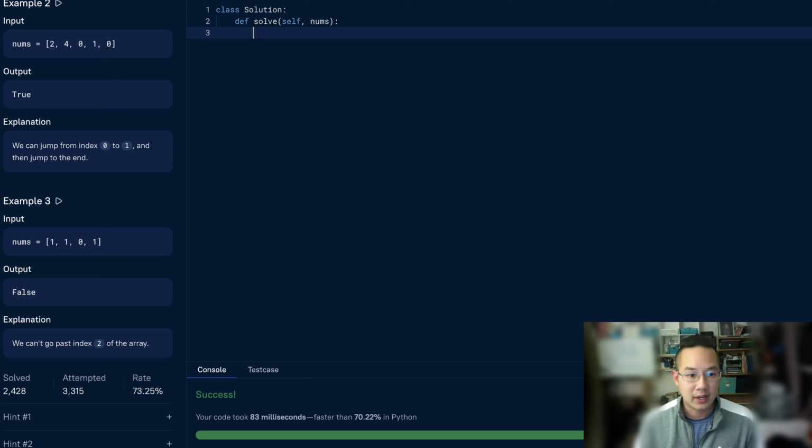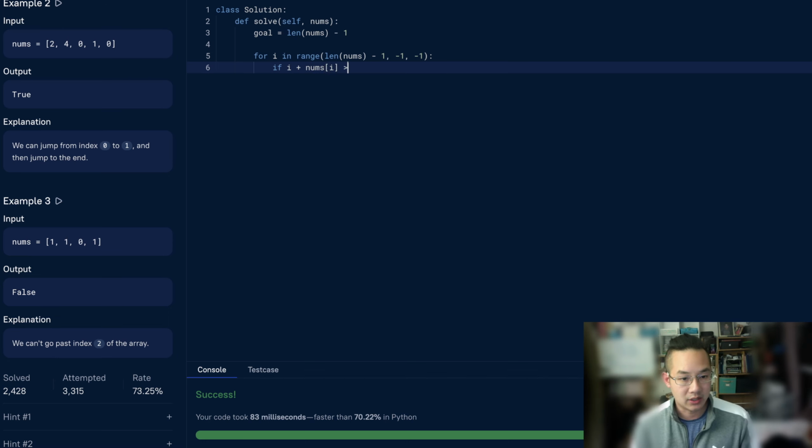So here's how it will go. We'll set goalpost equals len(nums) - 1, and for i in range(len(nums) - 1, -1, -1), all the way down to -1, which is our 0 point. By going in reverse, we check if i plus nums[i] is greater than or equal to the goal,